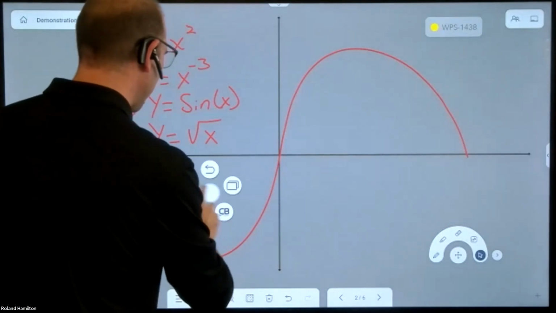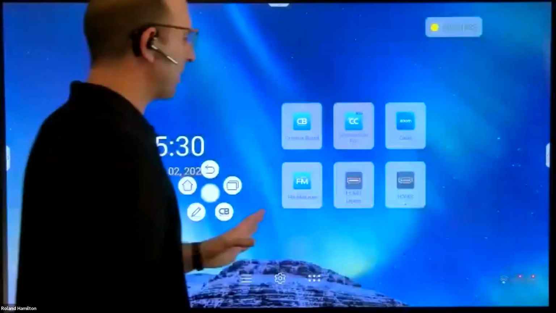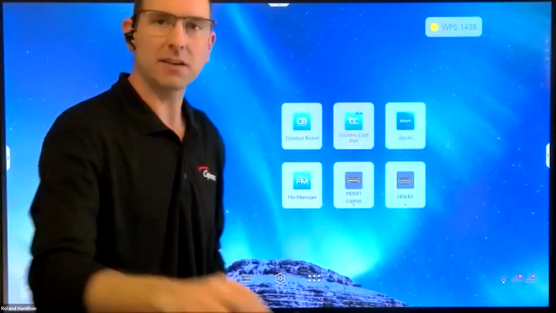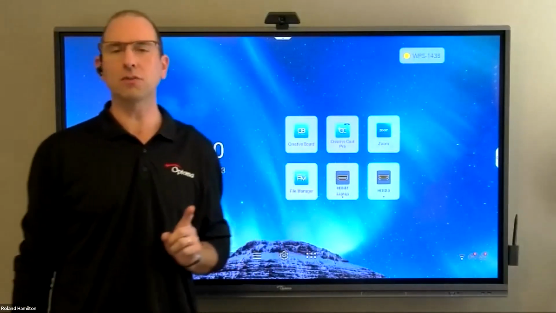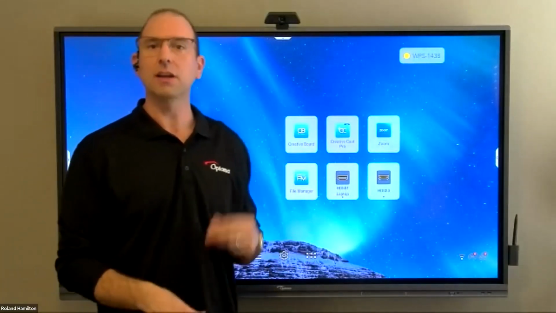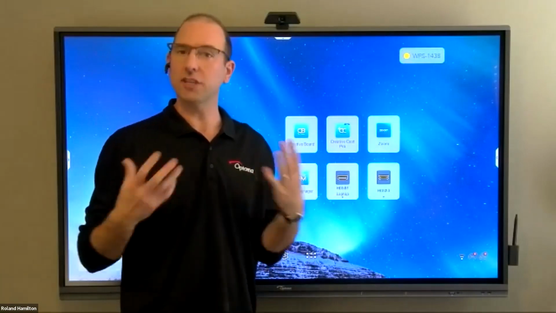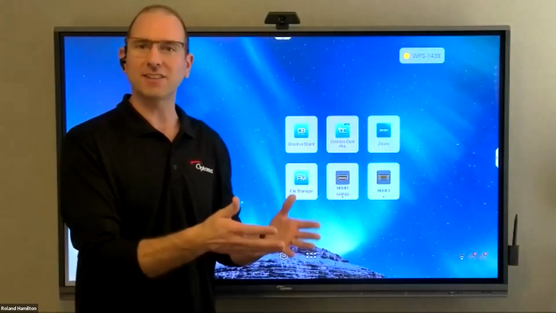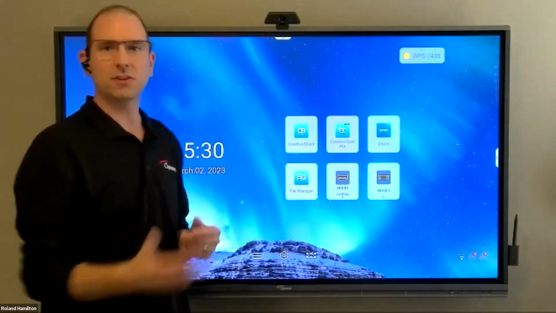Optoma Management Suite. So I want to touch on OMS. OMS, Optoma Management Suite, is our command and control platform, and it's available in two flavors. There's a local only version, which is PC software, and there's a cloud version, which is essentially a web interface through a website. You log on to the website, sign into your account, your board is paired to your account,